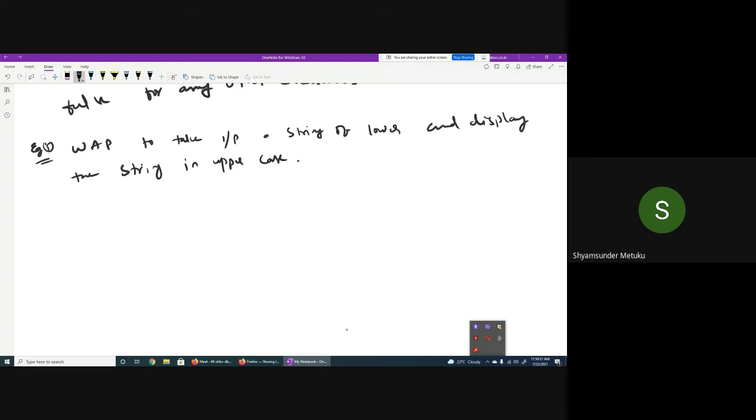Can anybody tell how to do it? Question you understood, no? Write a program to take input a string of lowercase and display the string in uppercase. You understood the question or not?